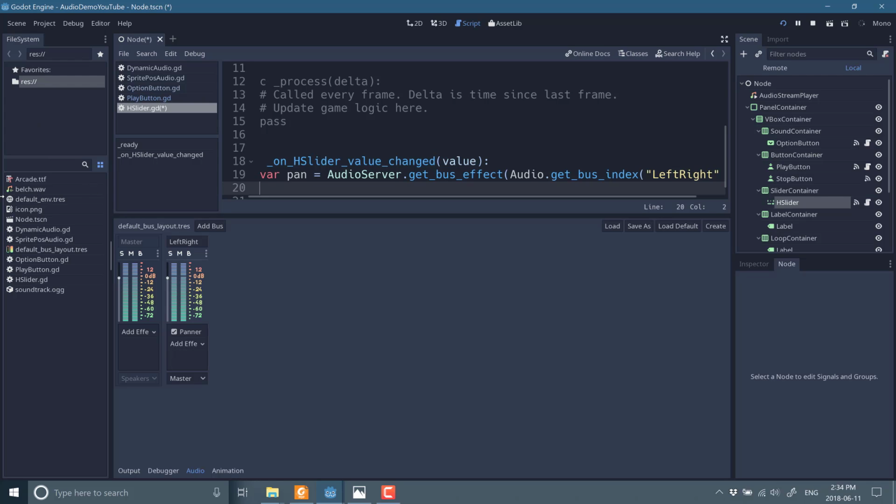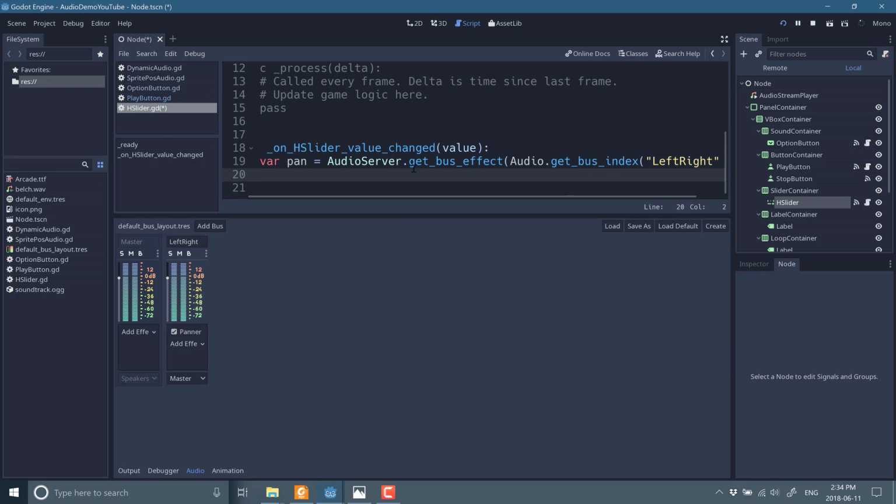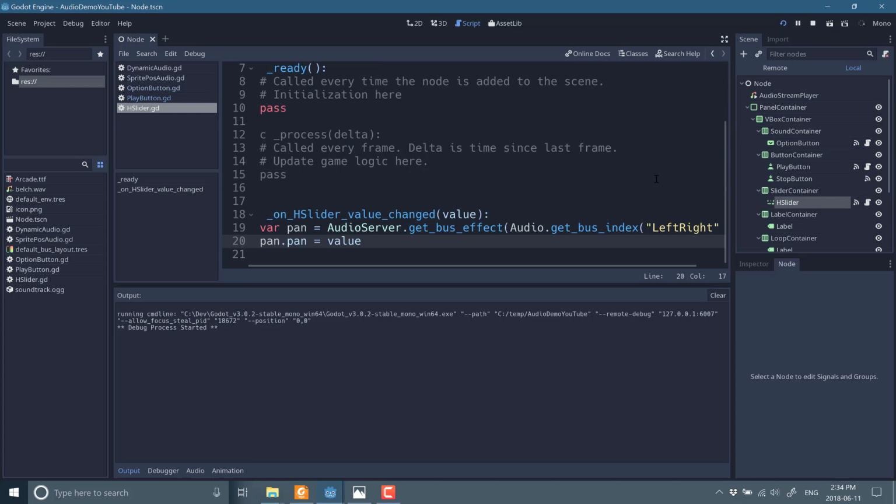Let me just try and get a little bit of space back this way. Oh, that's as small as I can go. All right, that's fine. So now that we've got our bus effect defined, we've got a reference to our panner, and we're just going to set its pan value to value. Remember, the slider goes from -1 to +1. So now that we run that,